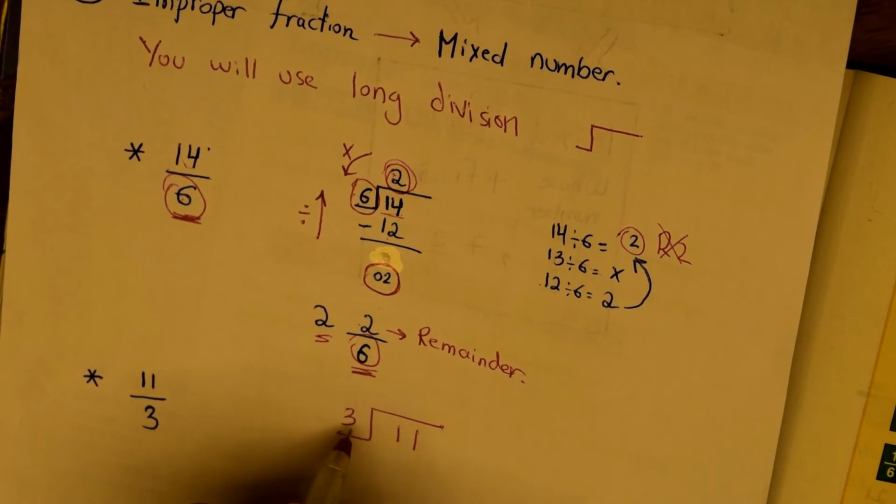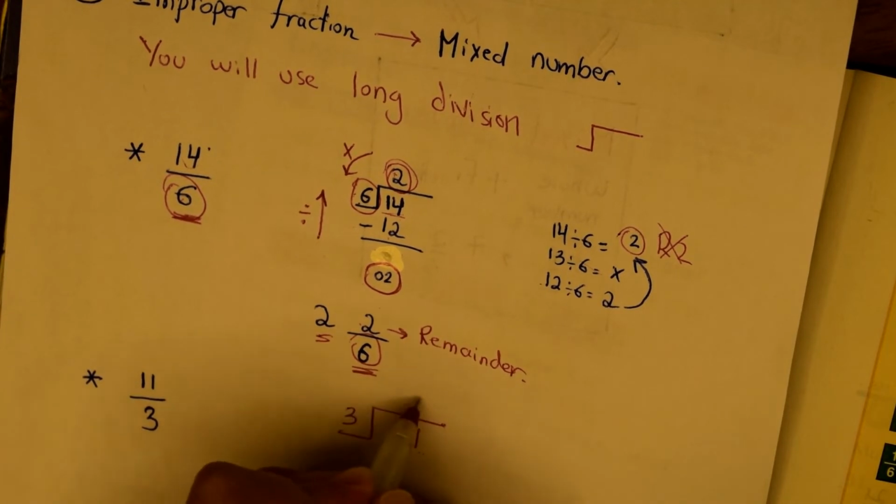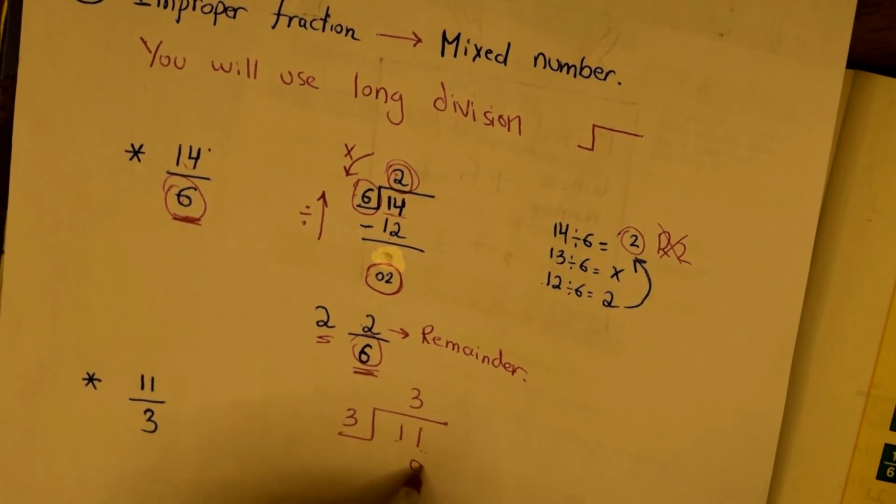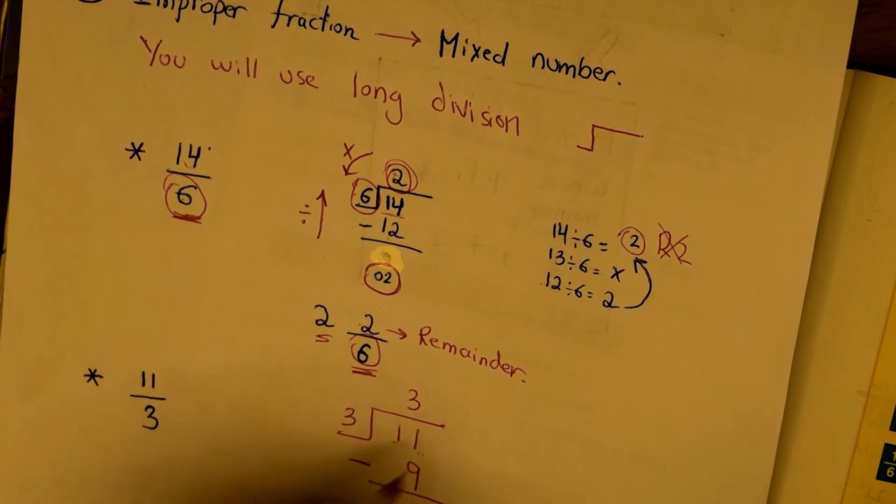So 1 divided by 3, I can't make it because 1 is smaller than 3. Then I will take 2 digits. 11 divided by 3 equals 3. 3 times 3 equals 9. Two numbers I will subtract. 1 minus 9, I can't do it, so I will